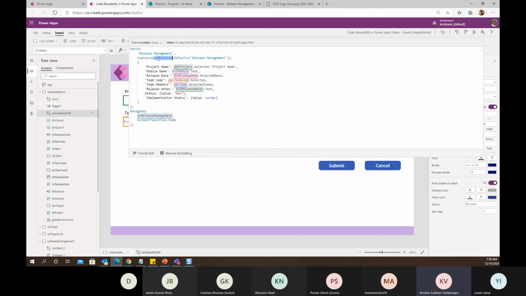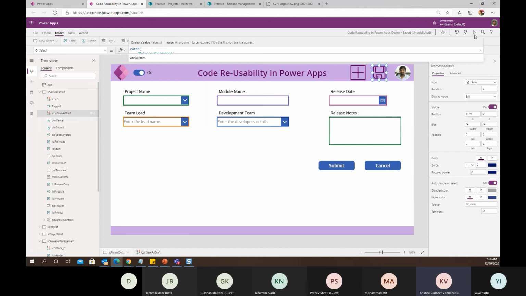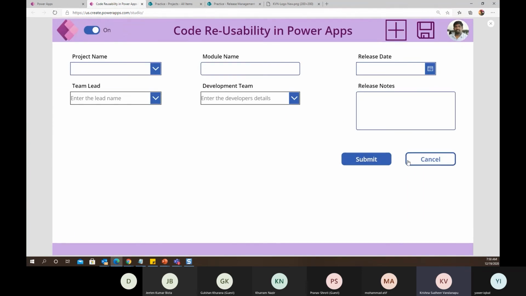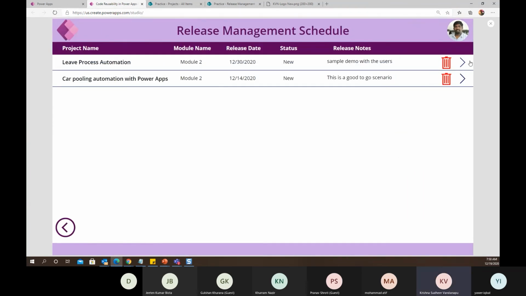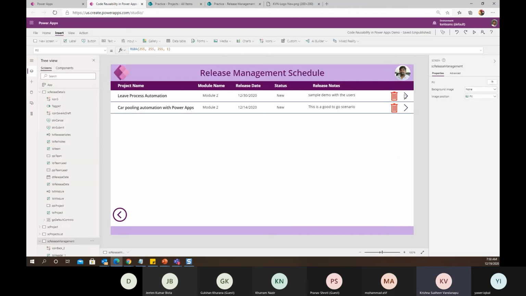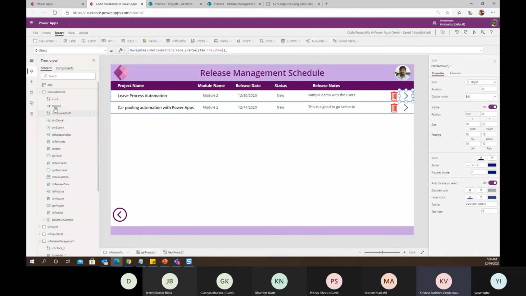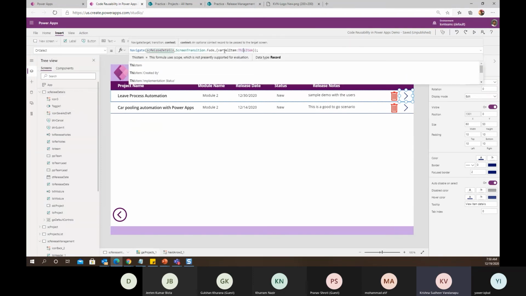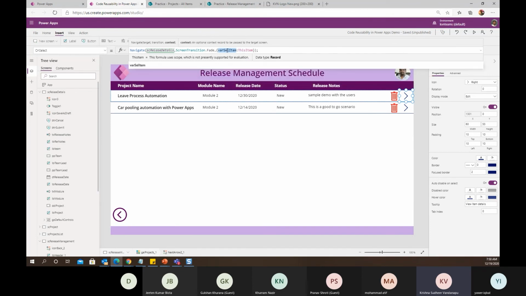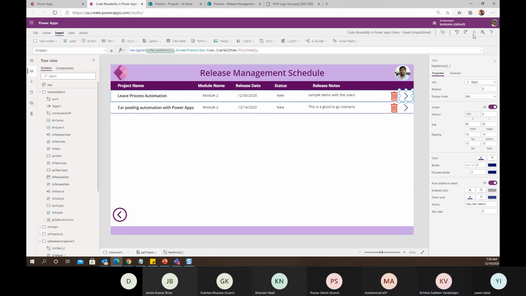What is my selected item in my gallery, I am just passing my selected item here to the screen release details. Here also I am not passing the gallery dot selected item, rather I'm passing this item as a variable. In this variable, I will hold this selected item.